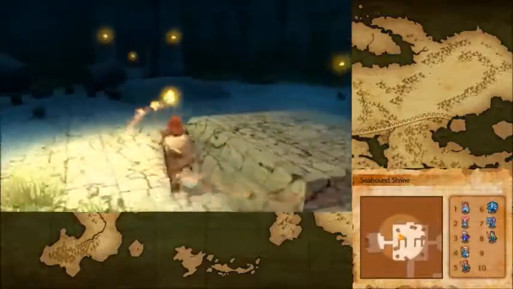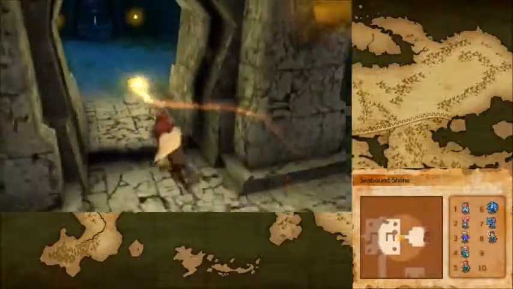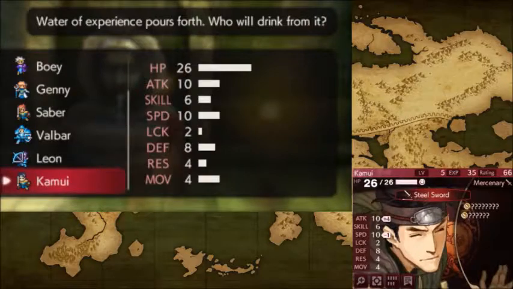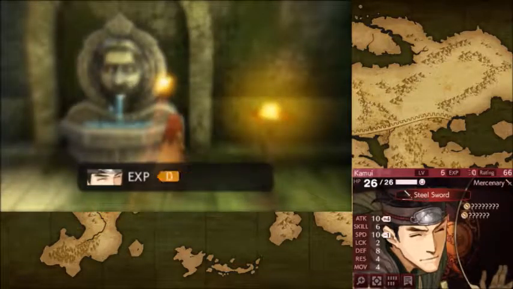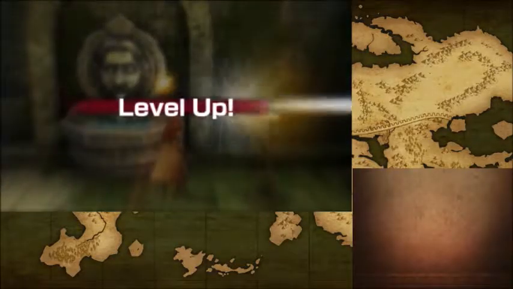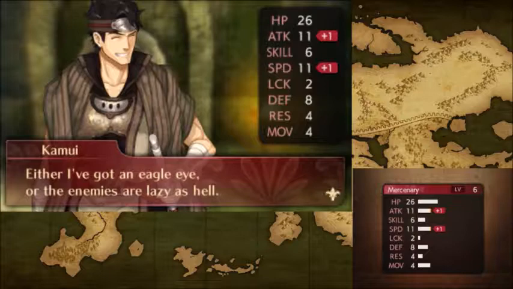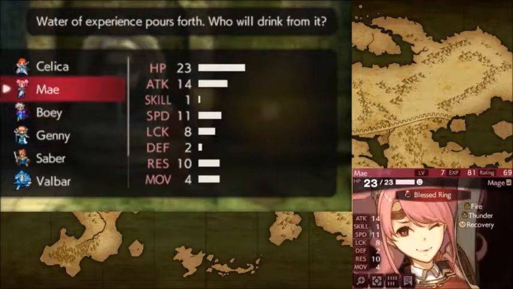And then, I'm pretty sure they're linked, but I guess I can still check. Because if they aren't linked... Oh! Okay. I'm a moron. I thought they were linked. So I guess I can then use Fountain of Experience to level up Kamui. So that puts him on the same level as Saber. I've got an eagle eye, or the enemies are lazy as hell. And then I think I get a second use too, so...